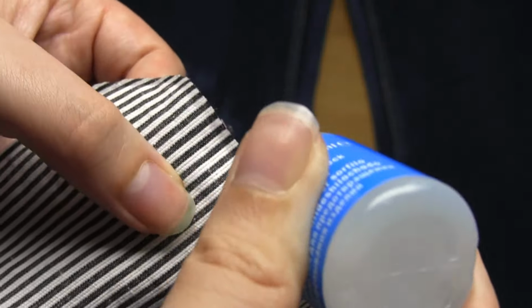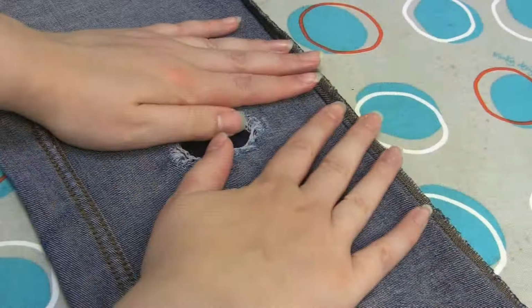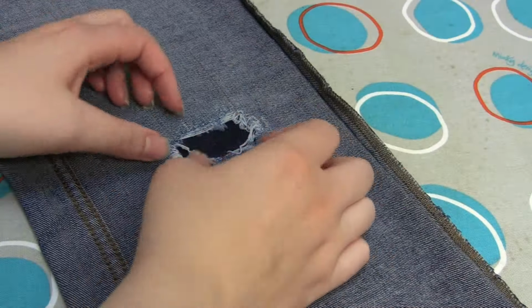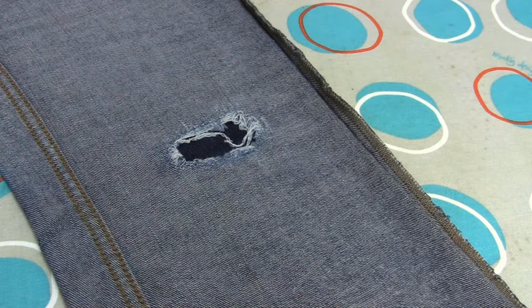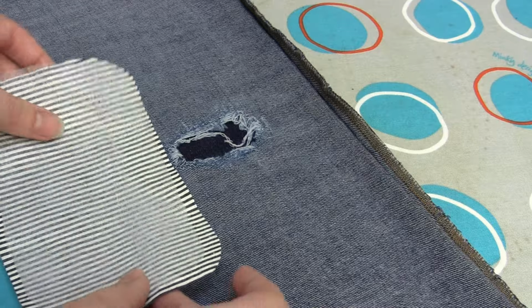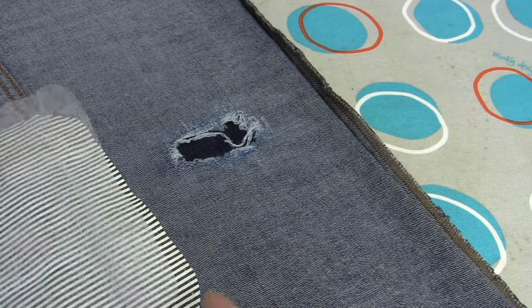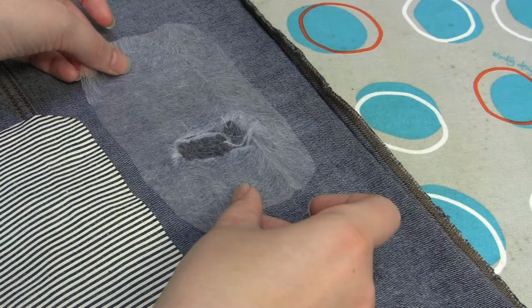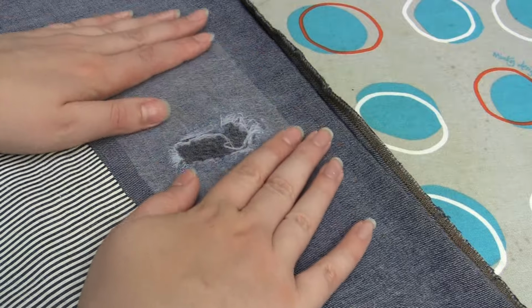Okay, so now it's time to fix these pieces into place. So take everything to your ironing board and turn your jeans inside out. I've decided to keep the frayed edges around the tear, but if you wanted to cut these edges off to make a cleaner look, then now would be the time to do that. I then lined up the fusible web and woven fabric over the damaged area, making sure the fabric completely covers